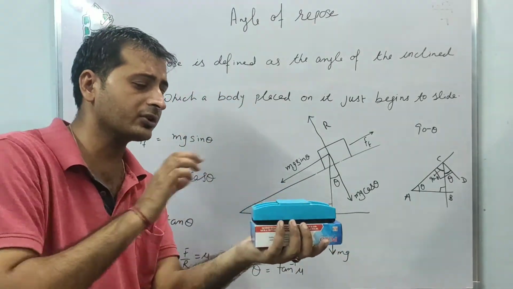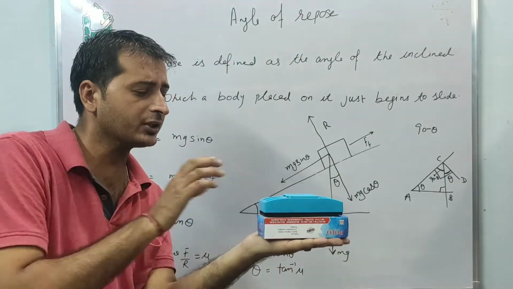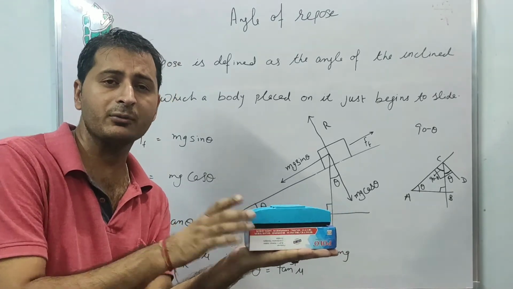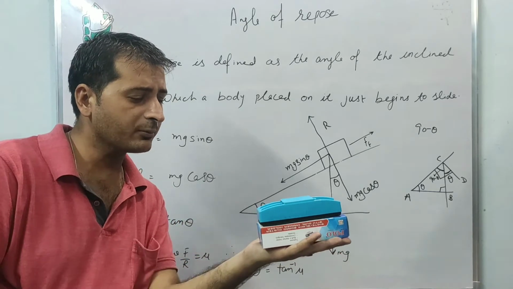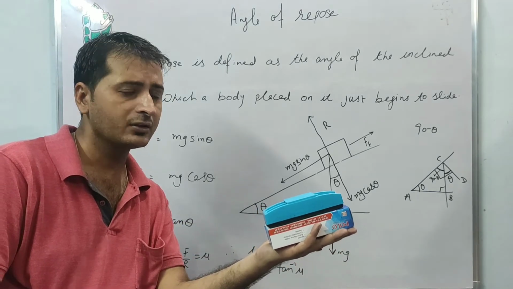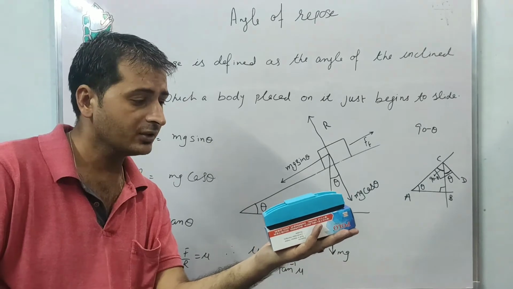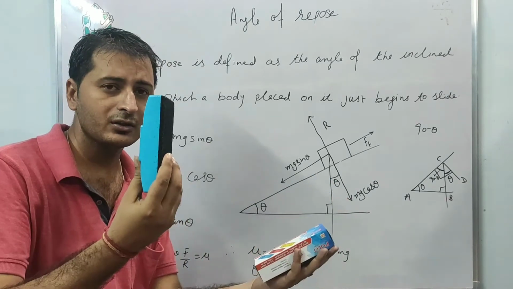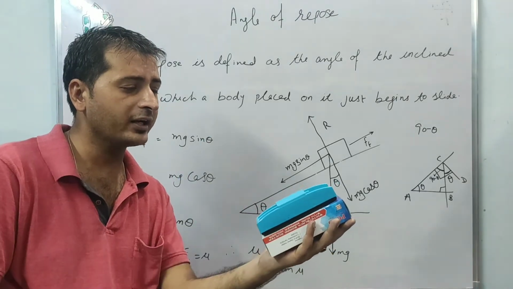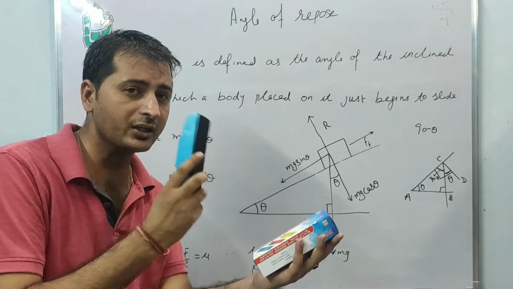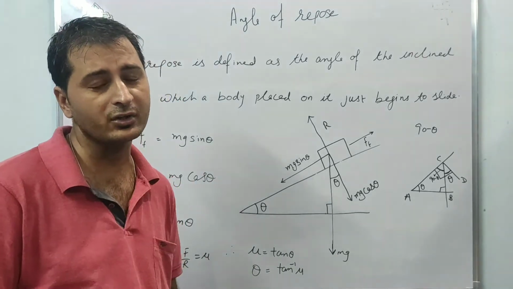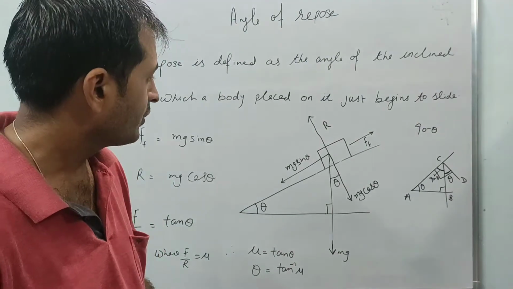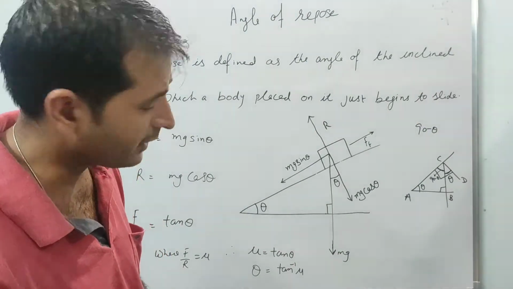I have two surfaces in contact like this. At this position it is a plane, so the body is not going to slide anywhere. But what happens if I increase the sliding angle, or inclination angle? If I increase the inclination, what happens? At a point this body is just going to slide, and the point at which it just slides is called the angle of repose. Clear? To understand the basic thing, I have drawn one diagram.